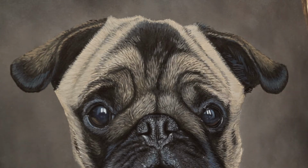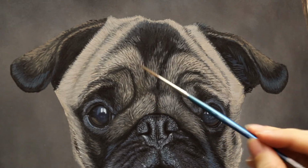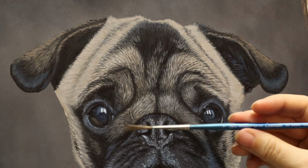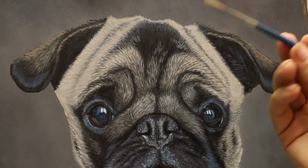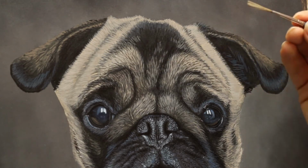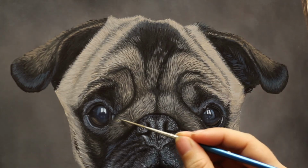I'm going to start with a mid-tone first and work towards the lighter hairs. So I'm going to mix some white, burnt umber, yellow ochre and a little bit of black. And I'm going to be using a number 1 rigger brush, again a Winsor & Newton Cotman. I do seem to have a lot of them, the red ones, and I do tend to like these brushes. First I'll just start